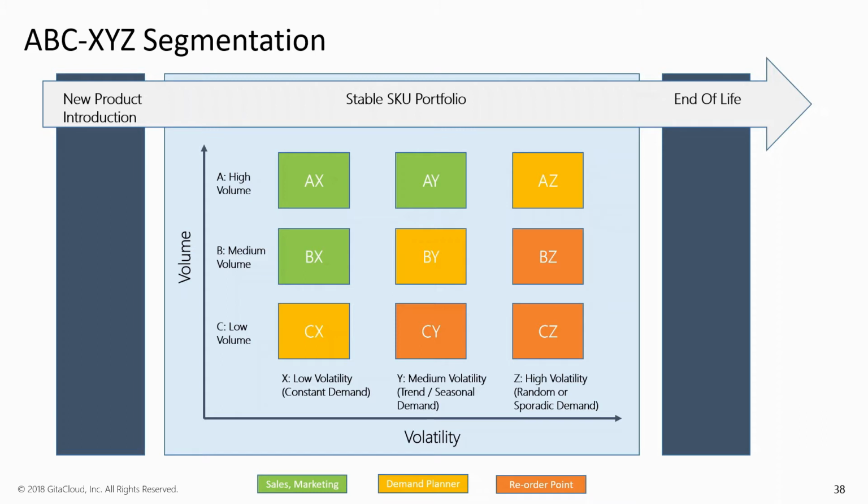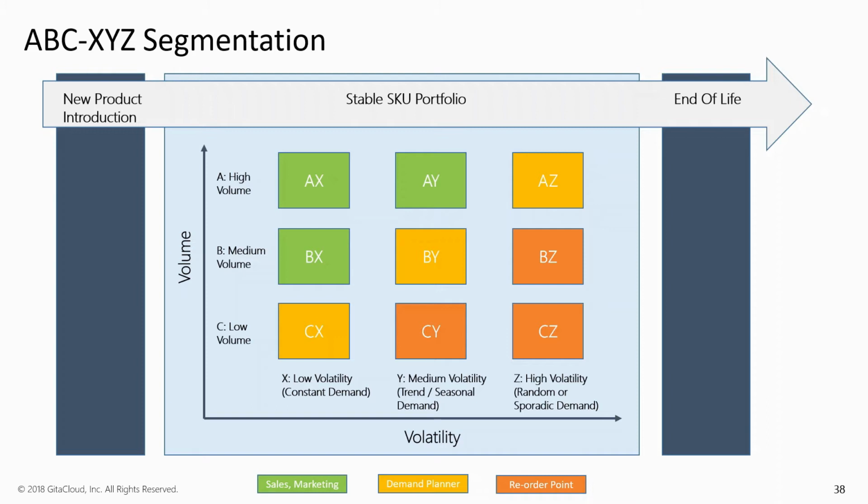So this is how you divide this segment. If you see this, you have some products which are very high volume and they have a constant or relatively stable demand. So this is how you can segment your products or your planning objects, and then according to this segment you can apply different planning approaches. So in IBP, we can add attributes to our product to identify what segment they belong to, and we can use this segmentation attribute for filtering.